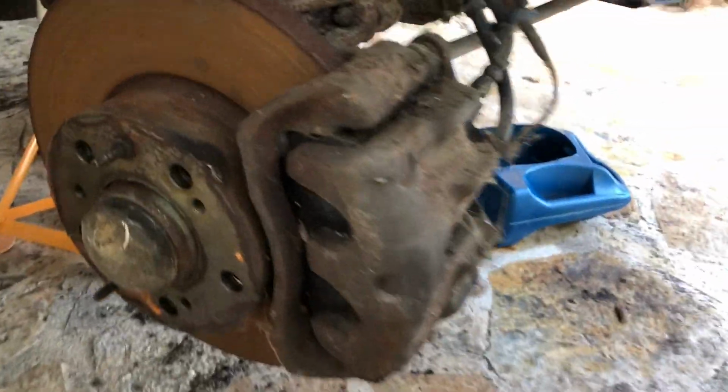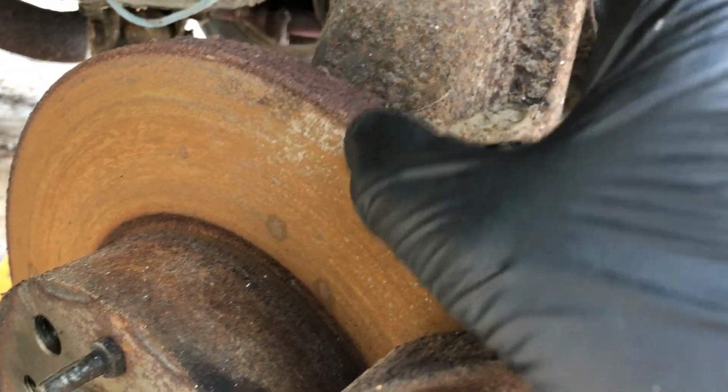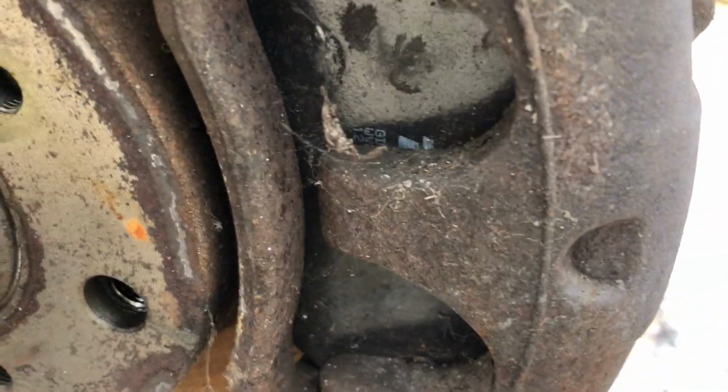The brakes. So, I mean, the disc is, it's not bad actually. It looks bad, but it isn't. There's no real ridge here, so there's not much wear on them. And the brake pads themselves also look very new. There's lots and lots of meat on those, so that's not a problem. You can still even see the writing on there. So I don't know. I'm going to give them a clean,